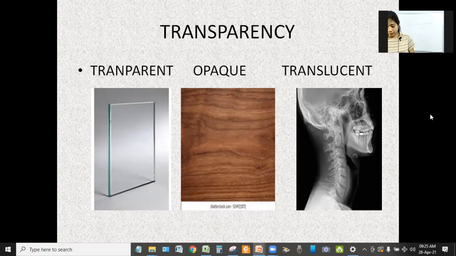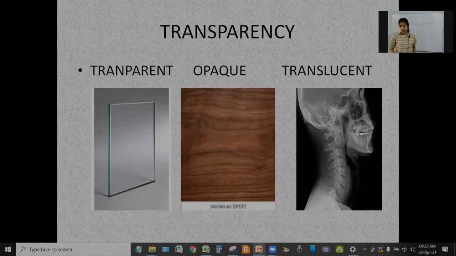In this chapter, we know that grouping things is necessary to avoid confusion. And then it helps us to organize things in such a way that it is easy to find them. And then we discuss about the 6 properties, that is texture, luster, hardness and softness, state, and the last one